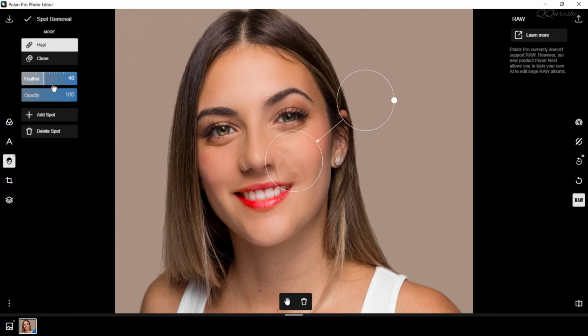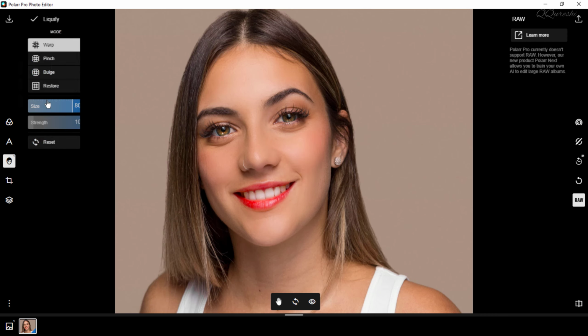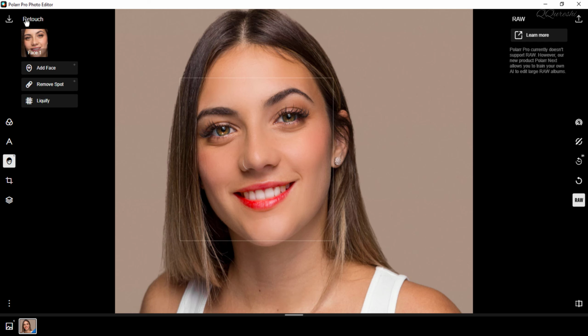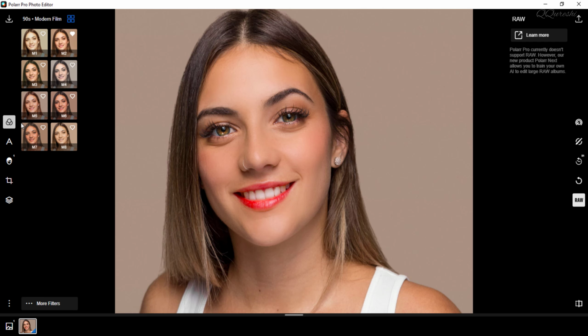Then there is the remove spot, which can be used to remove spots on the face. Can heal or clone. Then there is liquefy, which you know very well what it does. Then there are the filters. If you want to apply a filter, for example,